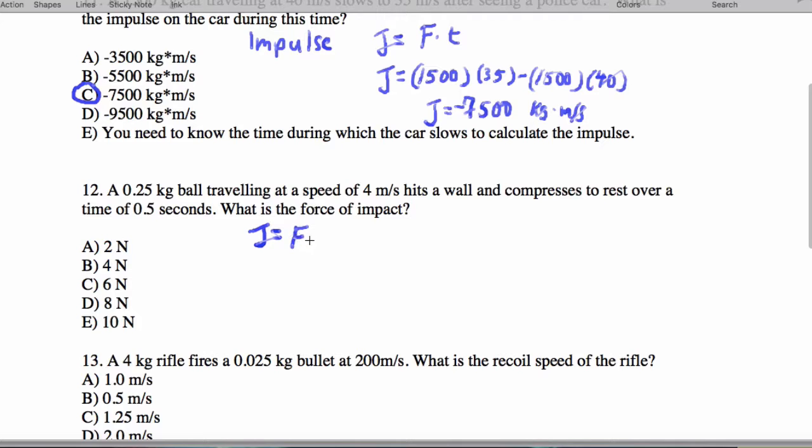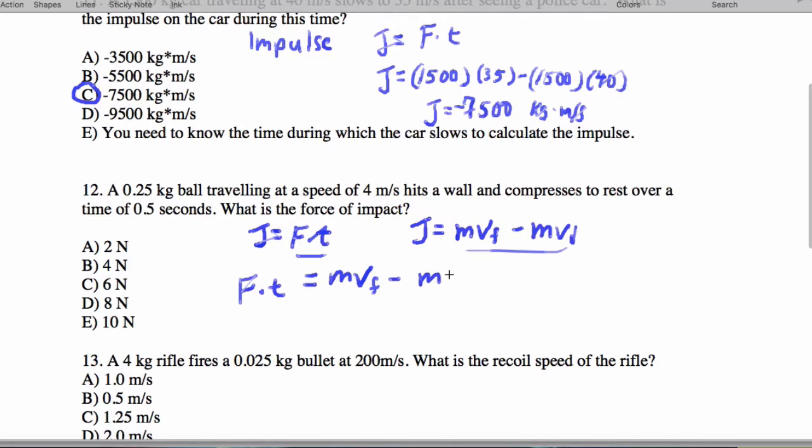And I think I also wrote that the impulse is mv final minus mv initial, and that's fine. I like to stick these two equations together in problems like this. So we have force times time equals mv final minus mv initial, which is going to be F times 0.5